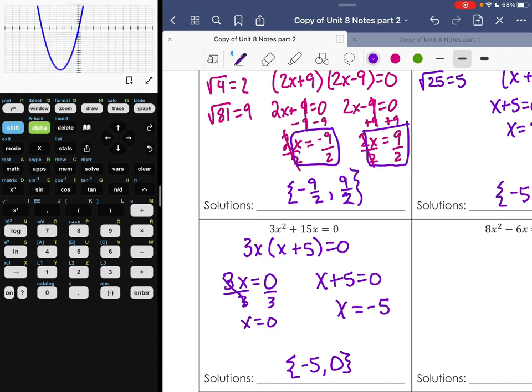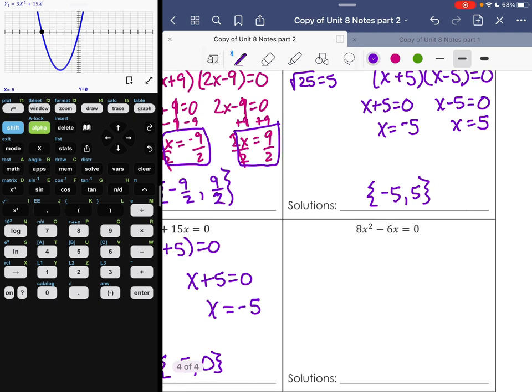See what that looks like. There you go. So you can see right here it goes through the origin, 0, 0 pops up on your calculator, and then right here, well, I can't get it to lock in on that. It goes through at -5. So you could have solved that one by graphing if you needed to,